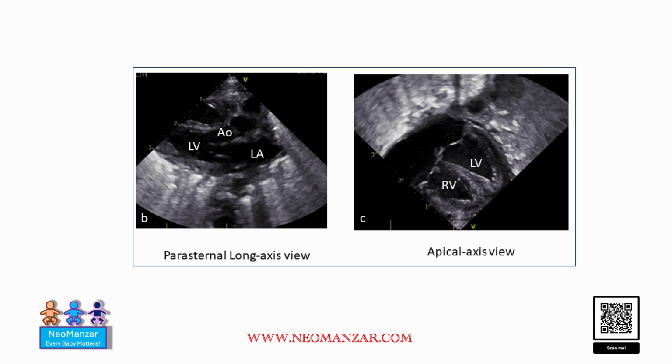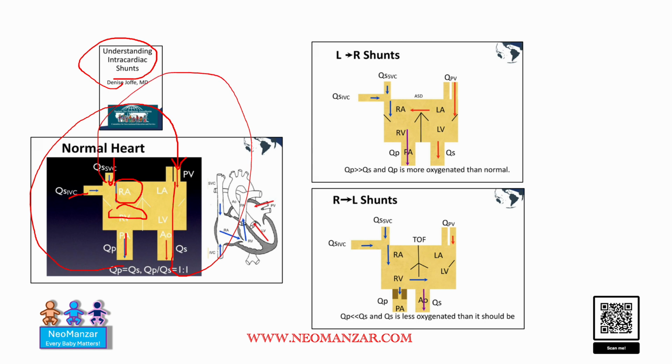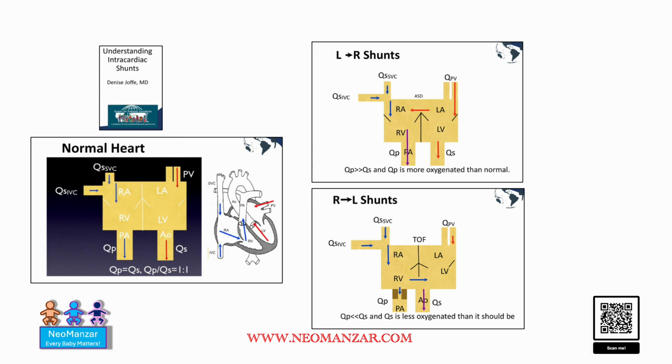So what type of shunt does a PDA have? Left to right shunt. So let's walk through. This is the normal heart, and thanks for this reference. We are going to talk about the QP shunt. Just try to understand that blood comes from the inferior vena cava and superior vena cava to the right atrium. It goes to the right ventricle, and from here it goes to the pulmonary artery. Once it's pumped there, it ultimately goes to the pulmonary vein, and then the cycle starts again. Not to further complicate it, the basic idea is that whenever you have a left